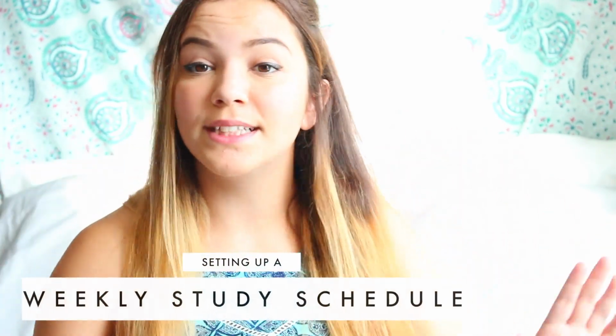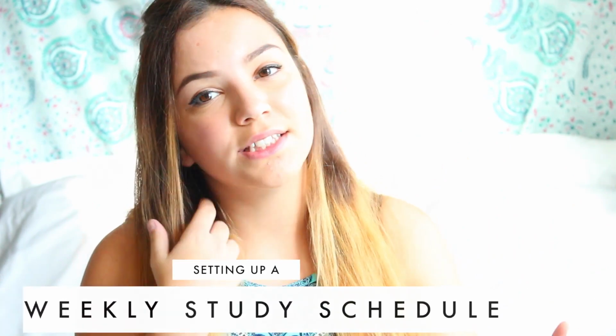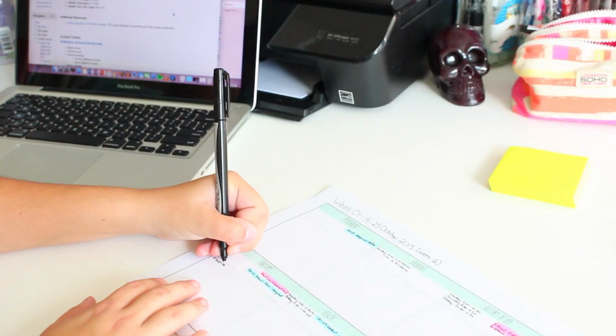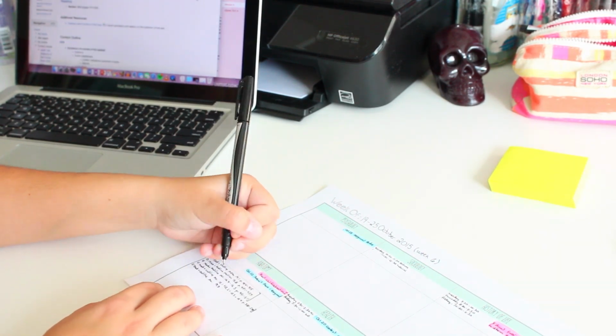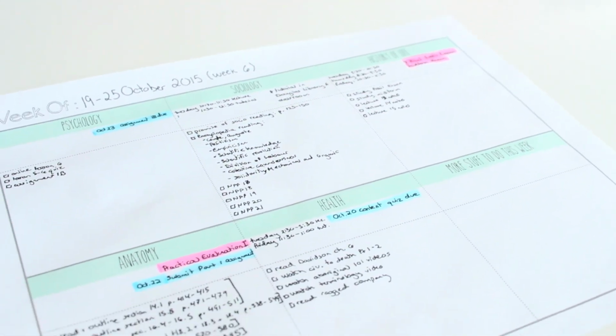So that's it for the first step, and now step 2 is actually coming up with your weekly study schedule. So how to plan your study schedule on a weekly basis. Okay, so the first thing I do is this little list over here. Basically I'll write down everything that needs to be done by course. I have 5 courses this semester, so I made 5 different boxes, one for each course, and then I just go through the weekly checklist that are on Moodle